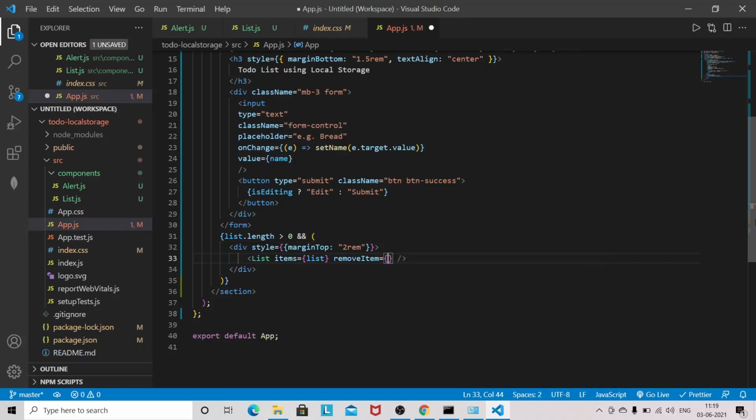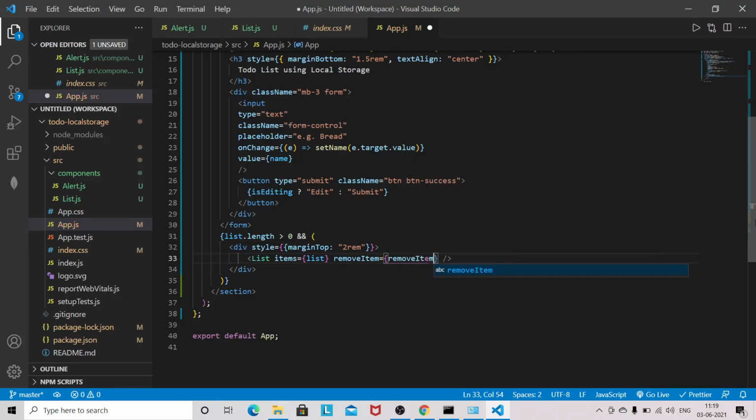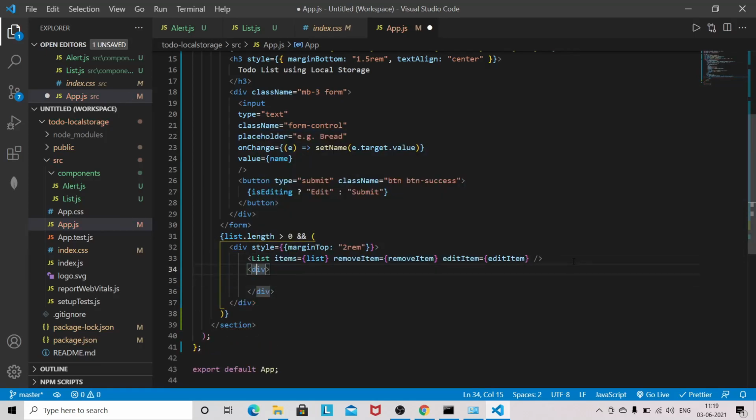Remove item. So again we have to create all these helper methods. So removeItem and editItem, and we will be having one more div with className.